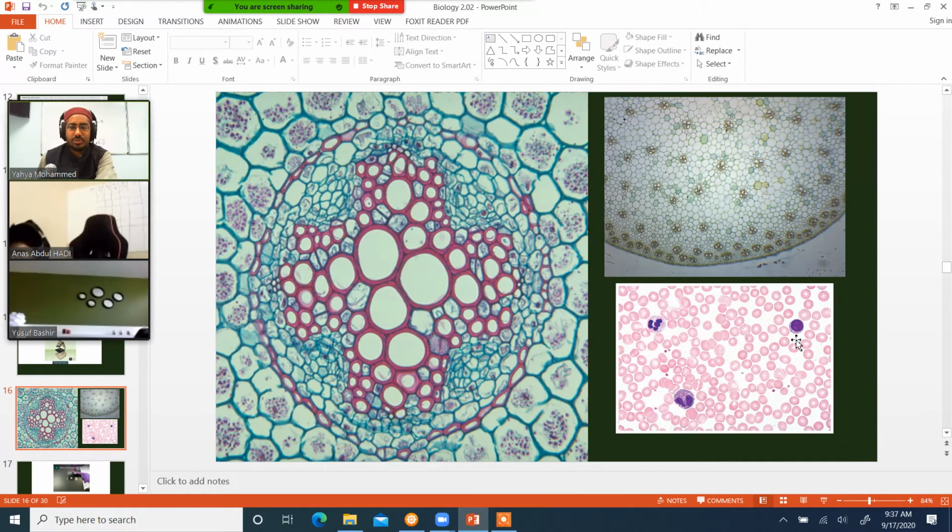What do you think these larger ones are? These are the red blood cells. What are these other bigger cells? Blood clots, or something. Those are the white blood cells, right? White blood cells are bigger than red blood cells. Red blood cells carry the oxygen. White blood cells fight infections and stuff like that, right?